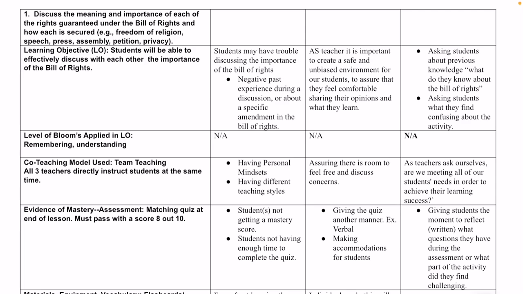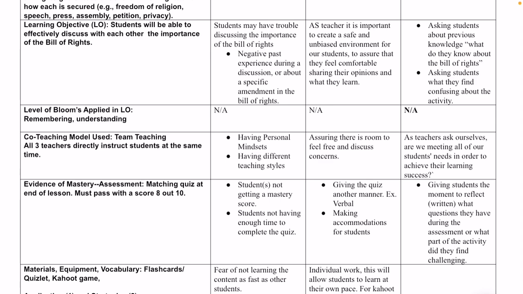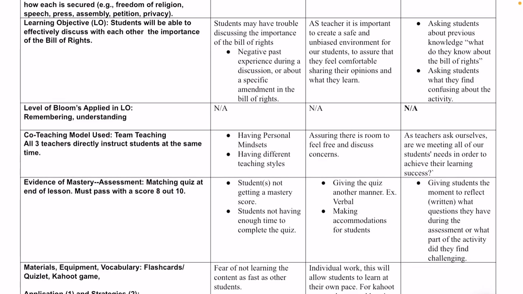So for a solution, we put it is important to create a safe and unbiased environment for the students to ensure that they feel comfortable expressing their opinion and what they have learned about it. So it's good to know and ask questions just to see where the student is at in